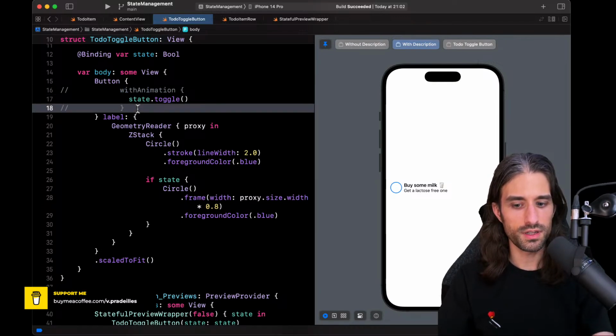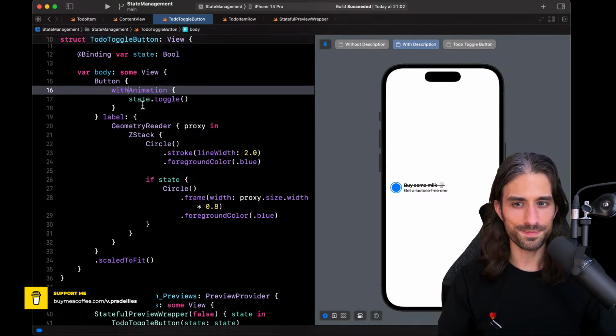If I remove this withAnimation, then the animation is no longer there. So it might be something that you want to have the animation or not. I wanted to show you how it's done. And I think in a later chapter, I will show you how animations work in more detail.